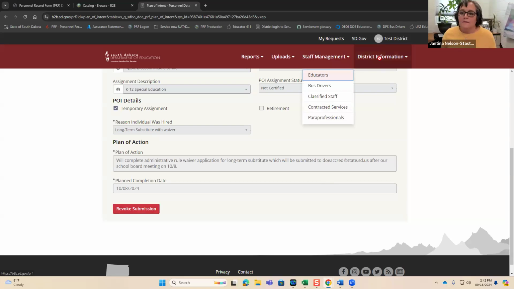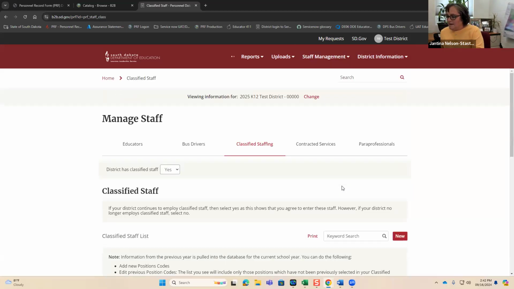Okay. So let's go to the classified staffing. The personnel included in classified staff are staff not required to be certified through the Department of Education, but may obtain licensure through another entity. This menu will be available to the publics, co-ops, and the state special schools. If the others need to take a quick break, you could, but I'm not going to spend much time on this because it's pretty quick and dry.